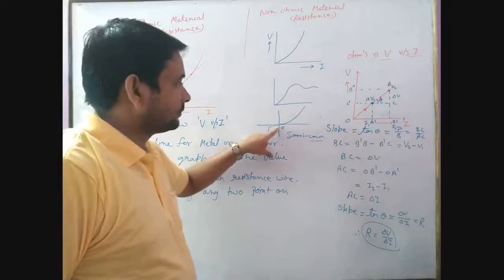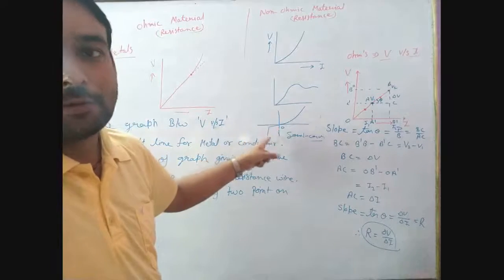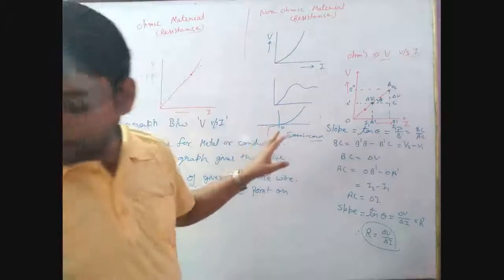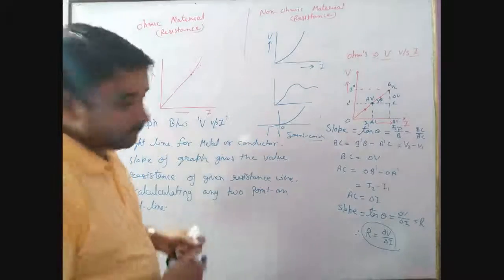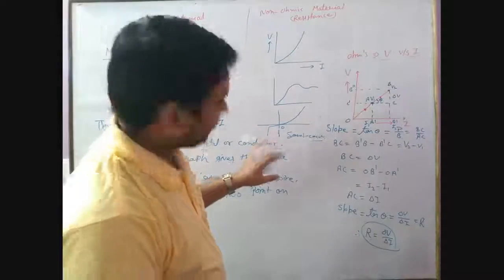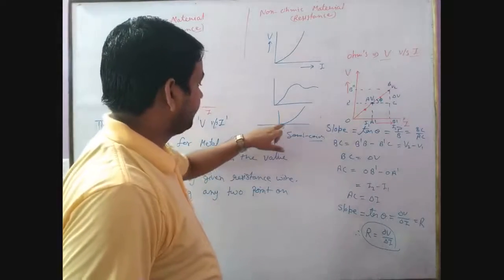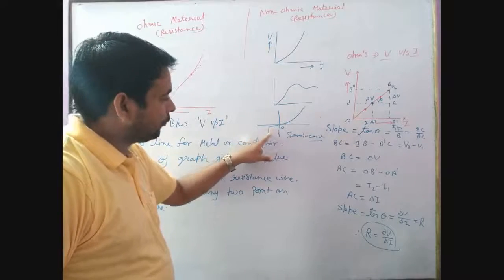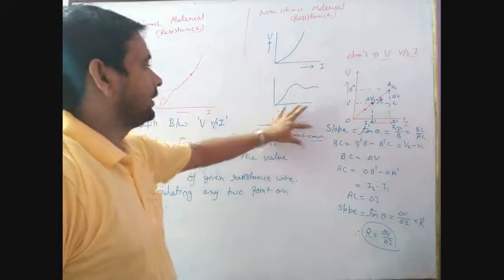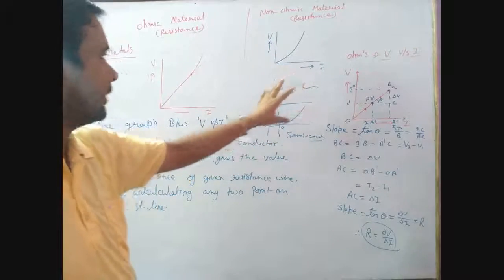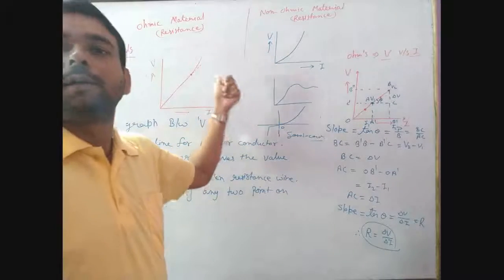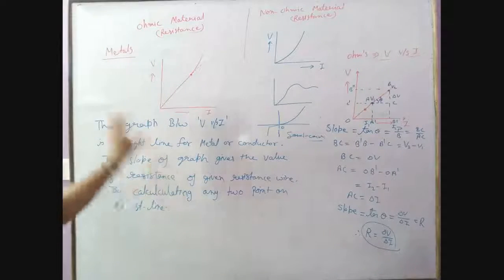the semiconductor behaves like a conductor. Now from here it follows Ohm's law. At room temperature they are not following Ohm's law, so that is why they are known as non-ohmic resistance, and here is the ohmic resistance, which at room temperature behaves like a conductor, and we get a straight line. Just note it.